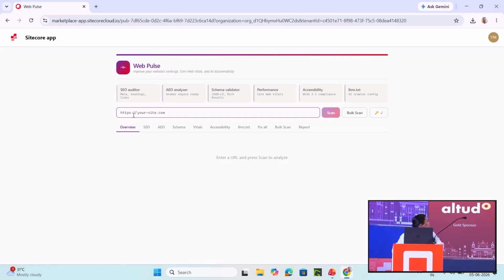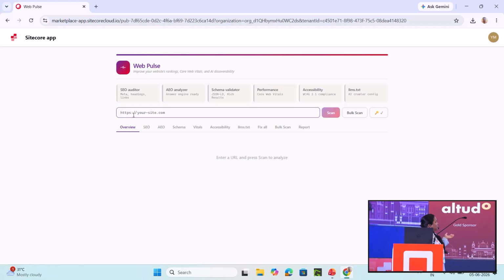Now this is our Web Pulse application, which is just used to scan across all the 6 regions parallelly. Suppose we'll consider our use case, which is CMIC. I'll just enter the CMIC URL here, .com.au. And we'll have a scan of this, which this Web Pulse app scans all the 6 regions